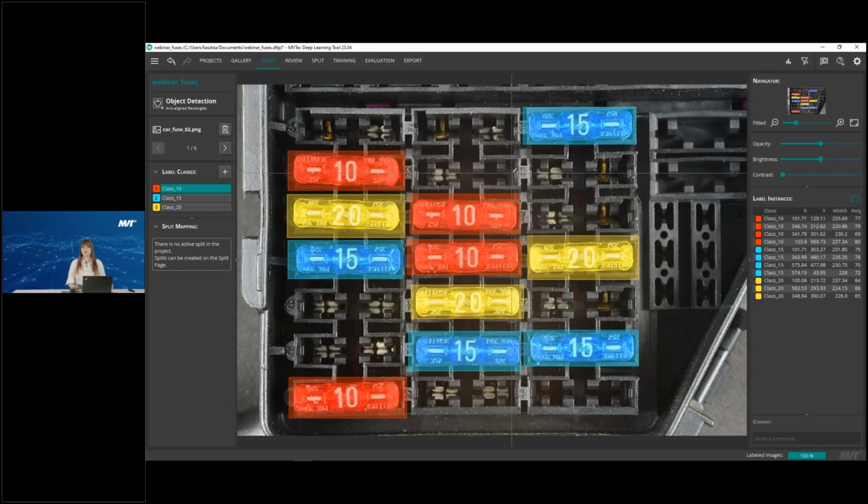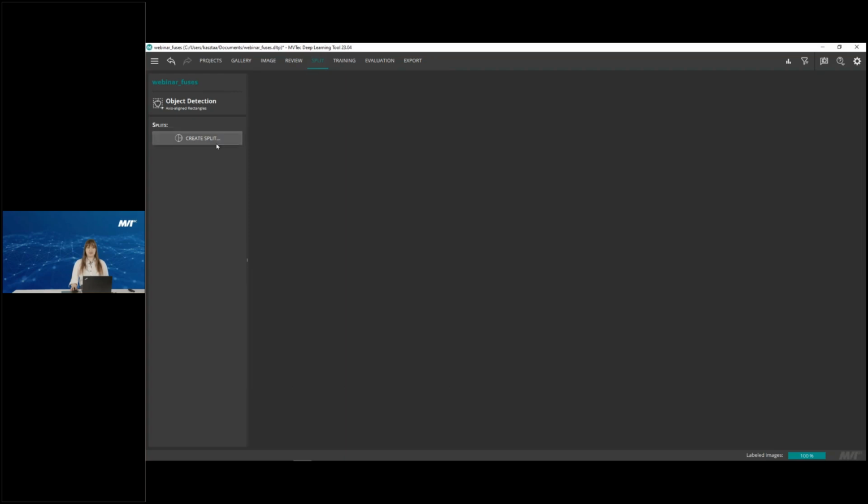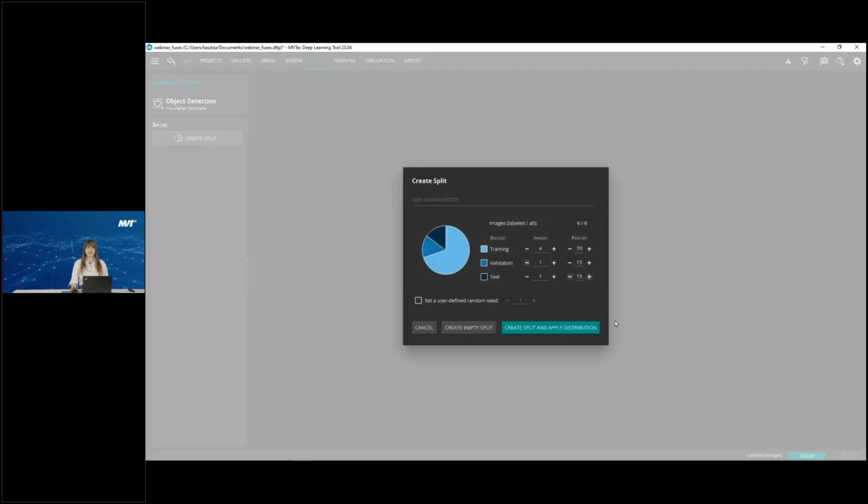This is not a new feature, but I like to have very explicit labels, so this is why I just did this step. Now let's go further and review our data set. Going quickly through it, we can say that we are quite happy with our labeling, and now we can go ahead and create a split. I will choose the default splitting,